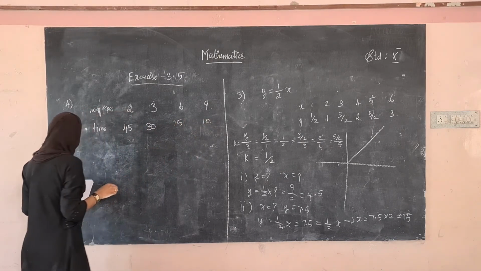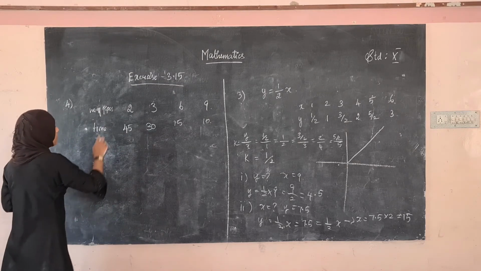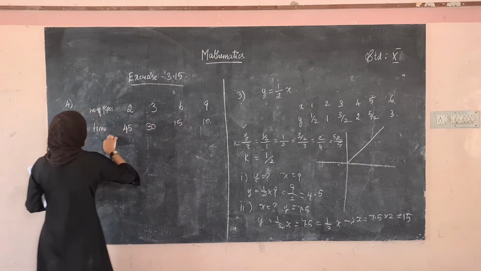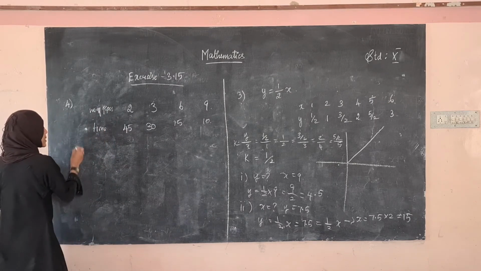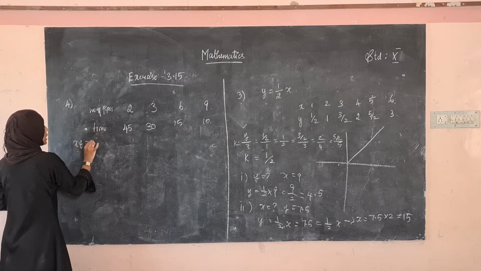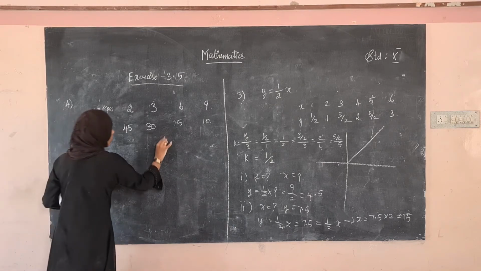Okay, so first we have to draw the graph. See here, there is an increase in the number of pipes and the time taken decreases. So what's the variation here? The variation is indirect variation. The equation of the indirect variation is xy is equal to k. So if we draw the graph,